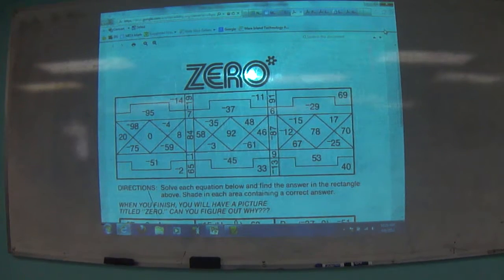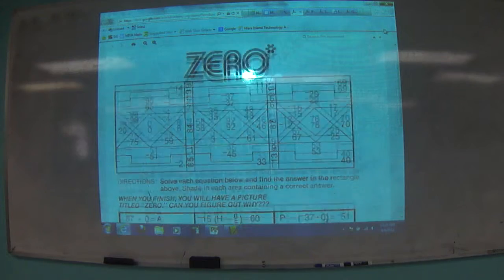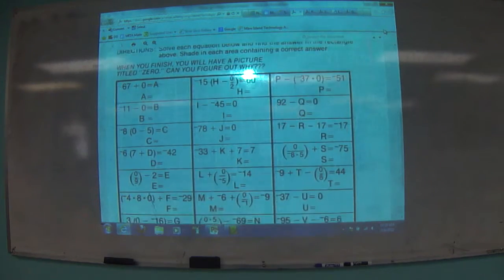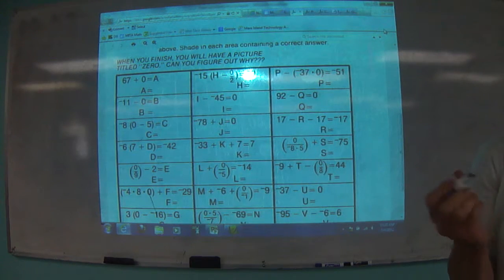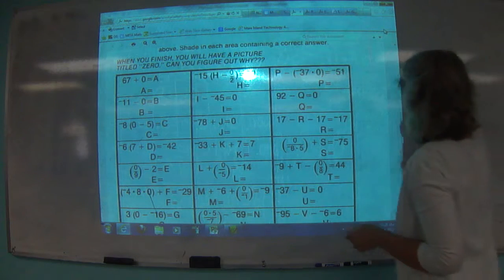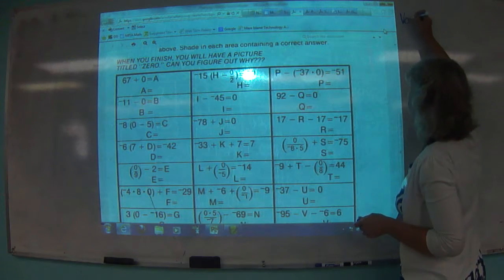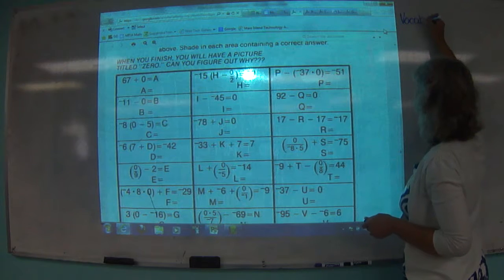Alright, today we're going to talk about the roles of 0 and 1. They are very, very powerful numbers. Now, 0 has a whole property associated with it. It's one of our vocabulary words for the week. Last week we had a different one, and we're going to go back to that